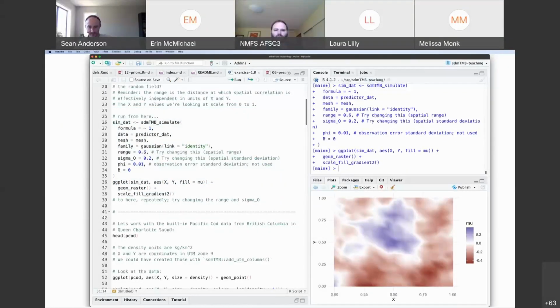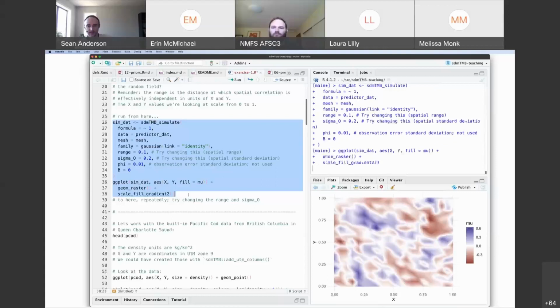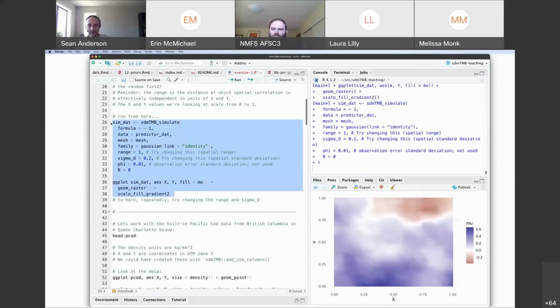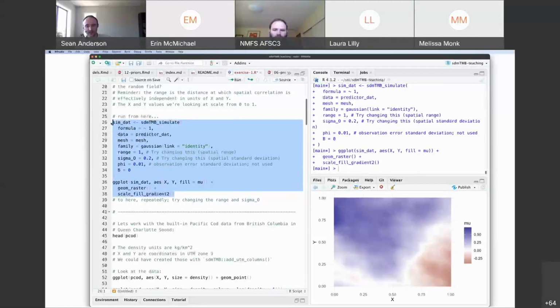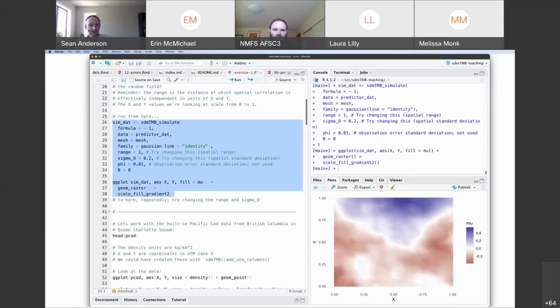If I were to change the range to something really small, say 0.1, and I run this again, I can see that the spatial correlation decays much more quickly now. So I get a much more wiggly pattern. If I were to make this range big, say 1, then at this point the range is basically the whole distance from the left to the right or the top to the bottom. So the spatial correlation decays really slowly. If I were to put this back to 0.6 and run this again,